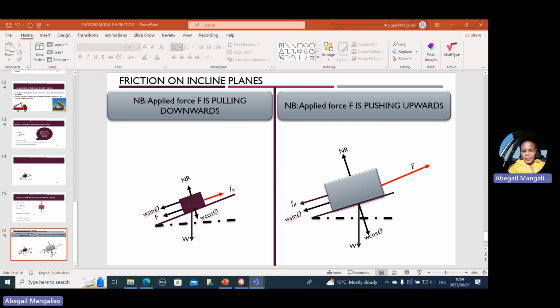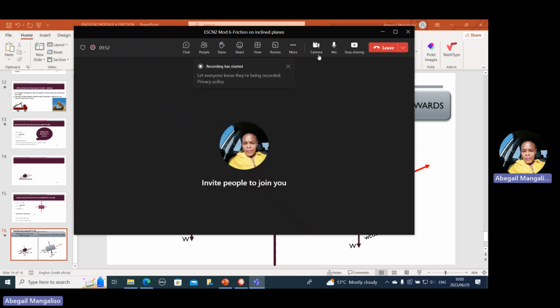But if the question says calculate the force that is pulling it up, you go to your diagram and add your Ft up. But friction always opposes the motion, so it changes to downward. You apply the condition that the forces that are downward are equal to the forces that are upward, and you make Ft the subject. So I'll look for the activity that we can